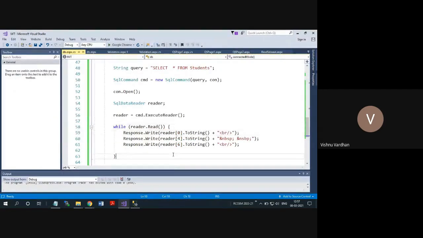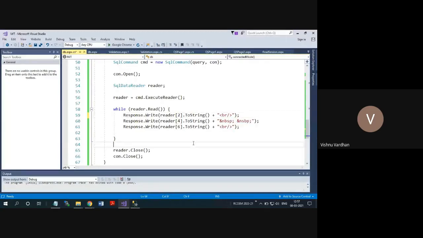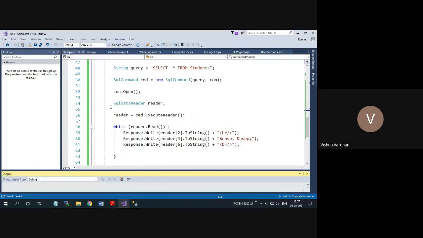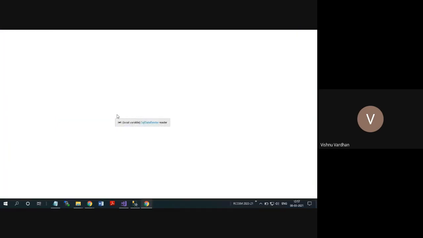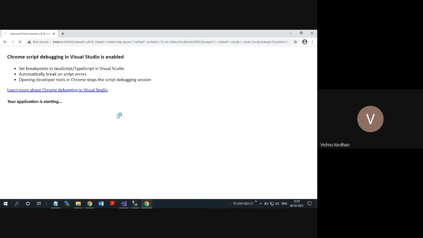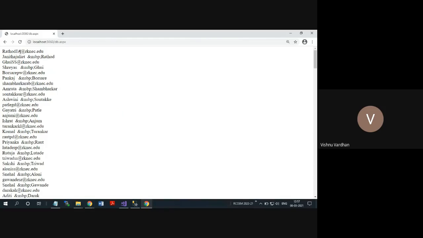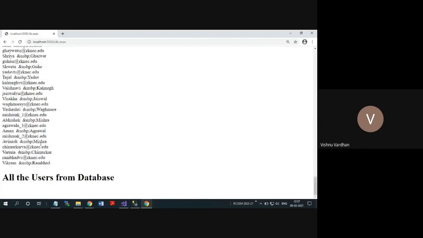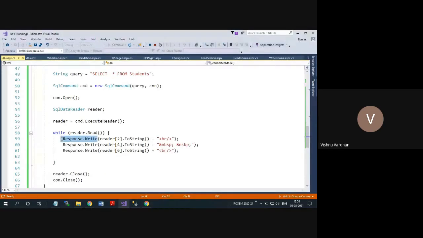I'm simply removing this. Now I want to get hold of the data. We have not called this method, so that's why nothing was running. So let us click on this again and see what is happening with the output. Yes, all the information is printed line by line. You can see all the 111 students' information is actually printed parallelly before the header also, because we have used response.write.